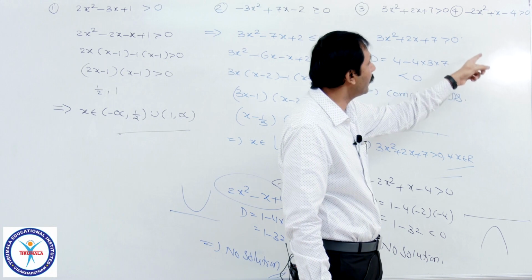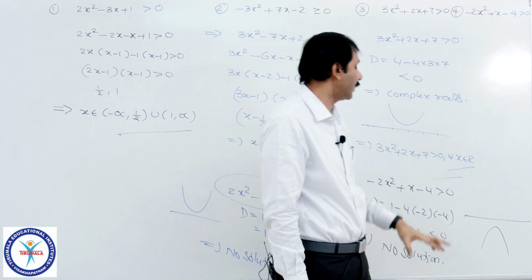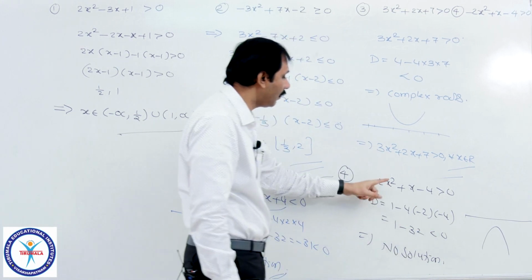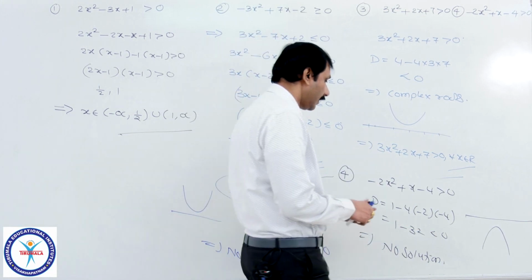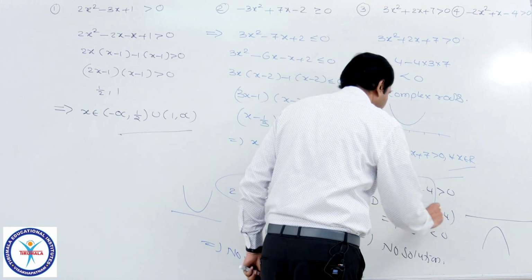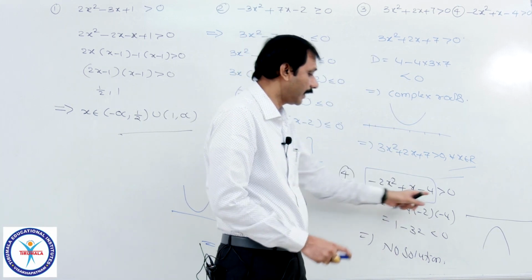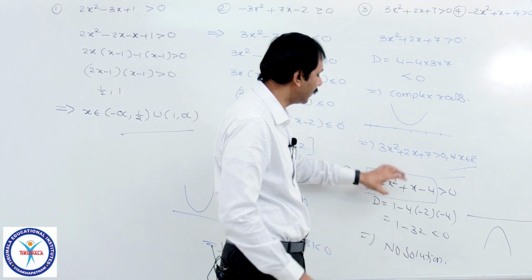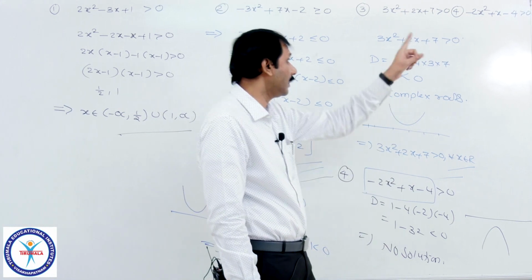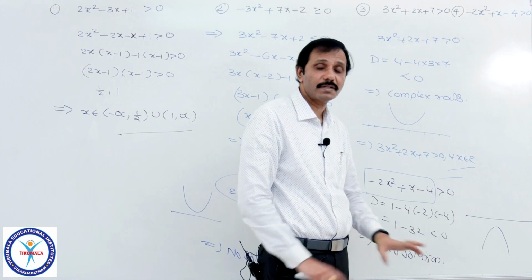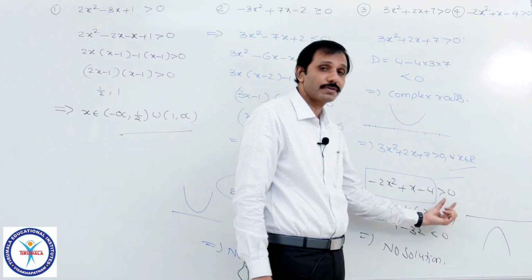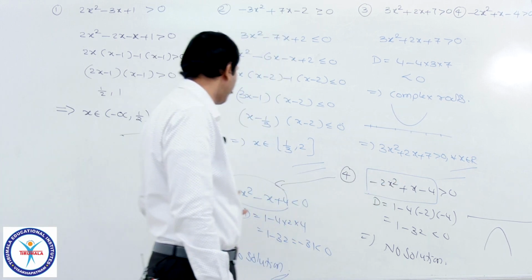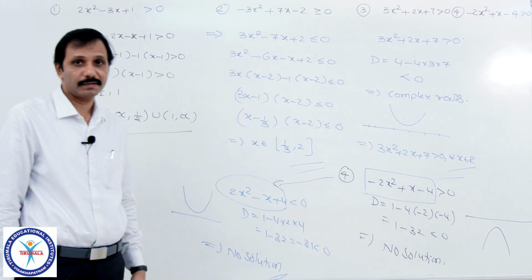But of course, in this problem they are asking greater than 0, and there is no real value of x where you will get a positive value. Any value of x you substitute here, you will get a negative value only. If you take 0, minus 4; 1, minus 2 plus 1, minus 1, minus 4, minus 5; always it is negative only. But our intention is to find the values of x where it is positive. There is no real value of x where it will give positive. Therefore, hence no solution. Either you can write it as it is, or you can multiply with a minus sign and do this solution.